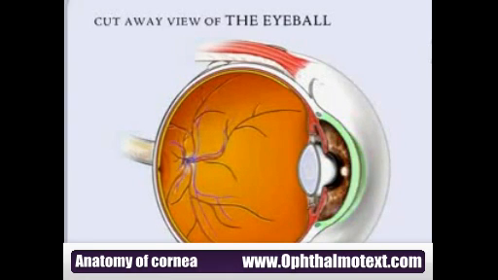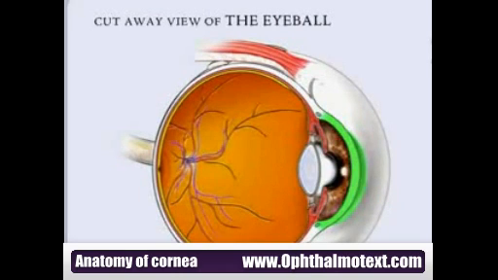What are the dimensions of this cornea is an important point to be noted. The mean diameter of the cornea is about 12 mm horizontally and 11 mm vertically. So the horizontal diameter is 12 mm and the vertical diameter is 11 millimeters. It's a very important point to be noted. Even though I said the cornea is a transparent layer, this transparent layer is made up of 5 different layers, which is an important point you need to note.